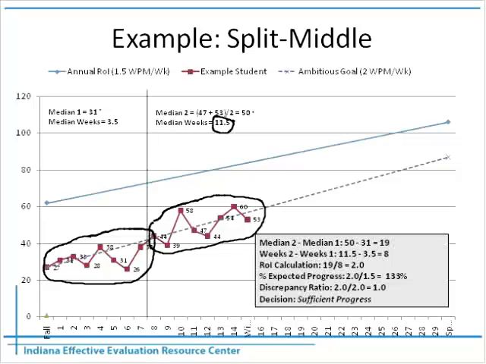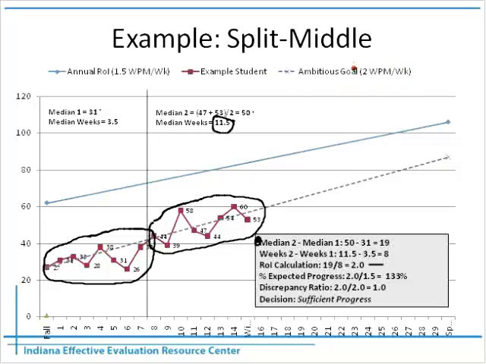In order to calculate the split middle rate of improvement, we have to subtract, calculations all down here now, the second median minus the first median, which gives us 19. And then we have to subtract the weeks. So 11.5 minus 3.5, so we have 8. And then the rate of improvement calculation right here is 19 divided by 8, which is 2.0, which you can